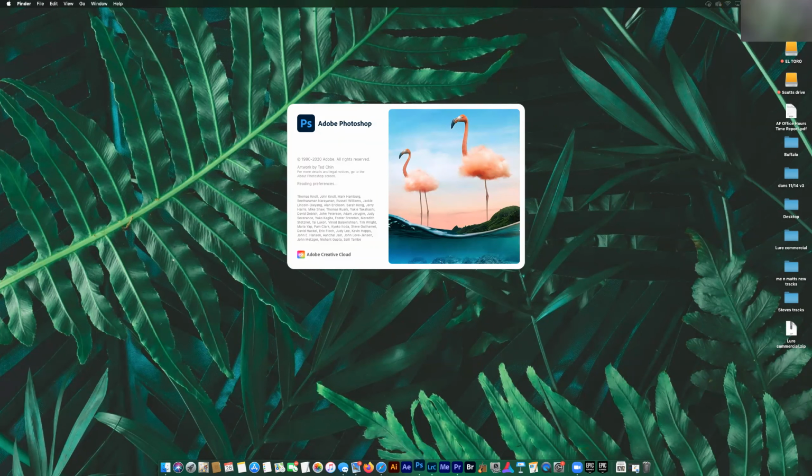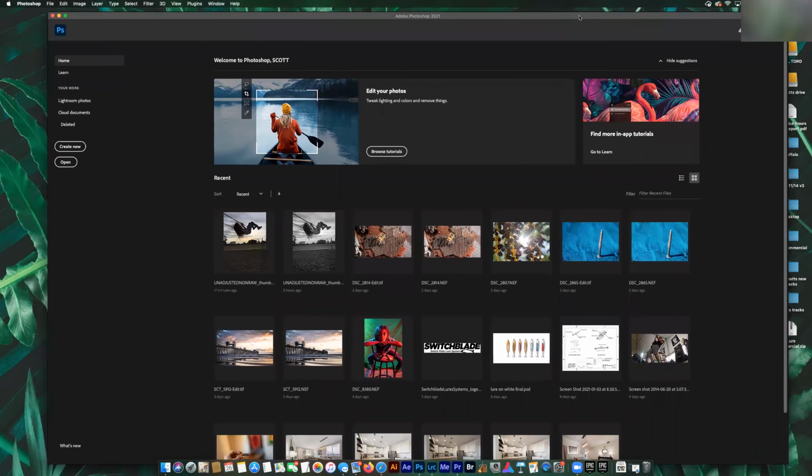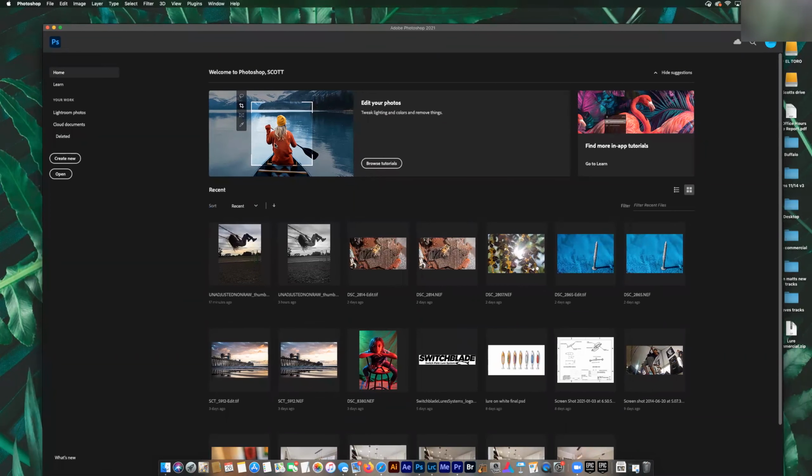So as I've said before, Photoshop is one of the most powerful pieces of software Adobe makes. And this is what we call a splash window. This is basically the first window that opens when you launch Photoshop. And this window's actually got some really pretty cool things. I can't say I use it a whole lot other than the fact that it does house all of your recent work. So if you're working on an image and you don't feel like going back into your hard drive and digging through your folder to find the image to open it, you can simply come to Photoshop. And if you've opened it recently, it'll be right here in your recent images